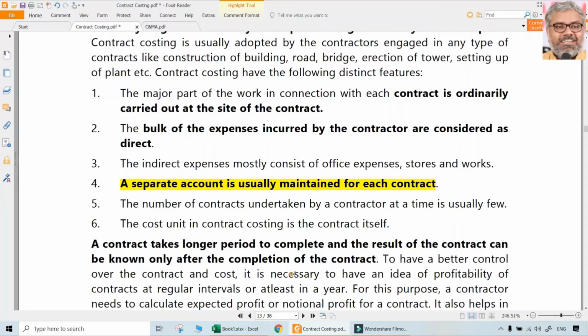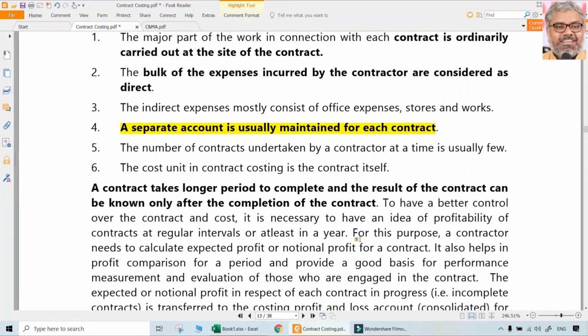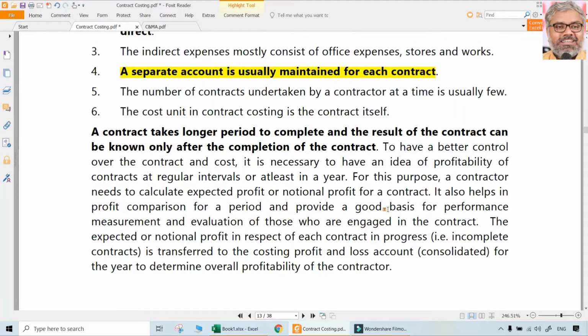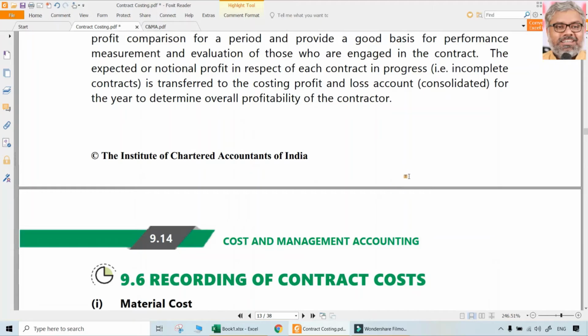So the income statement of the company as a whole is different. Only for a particular contract, what are the financials, that is what contract costing, or preparation of a contract account, is. But once again, though we call it contract costing, this is more of accounting. Preparing an account, debit, credit, those things will be there. However,